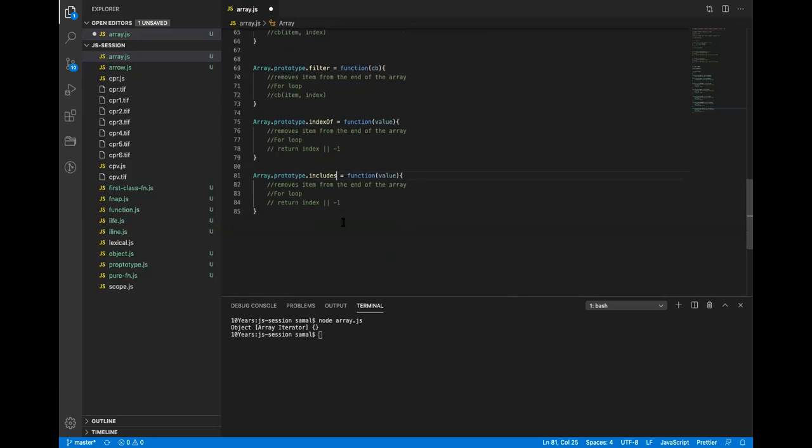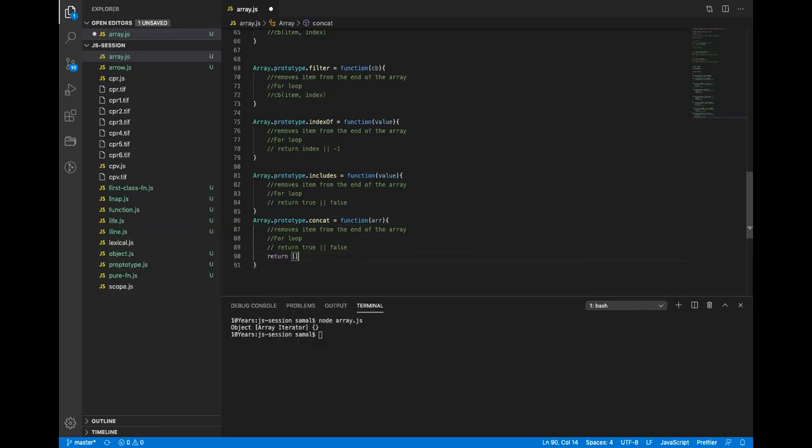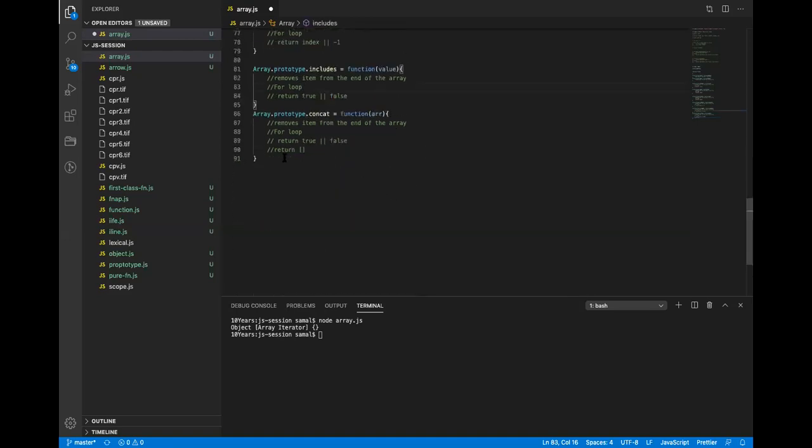Includes takes the value and returns true or false. Then we have concat. Concat takes another array and, using a for loop, adds the values and returns the new array. All the values of the old array plus the new array will be concatenated.